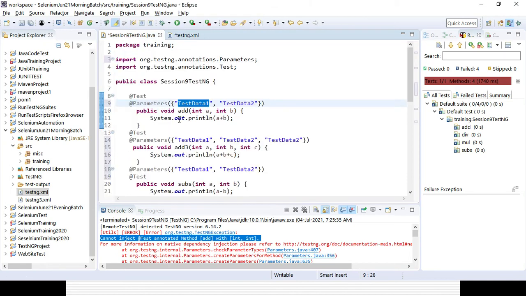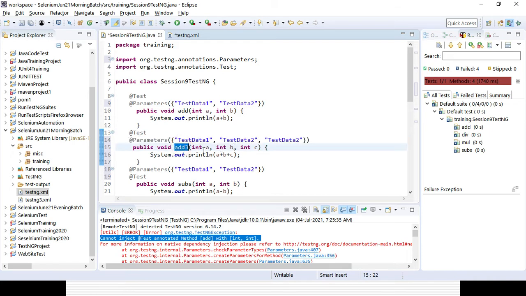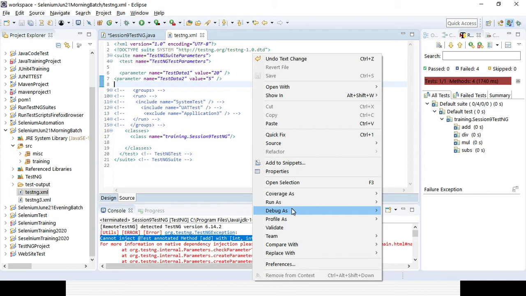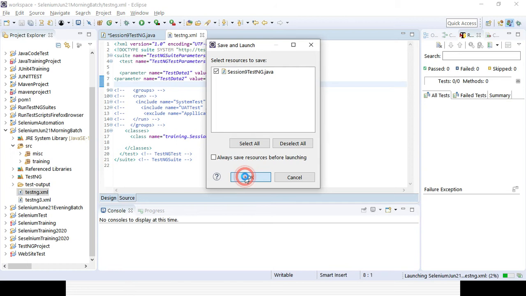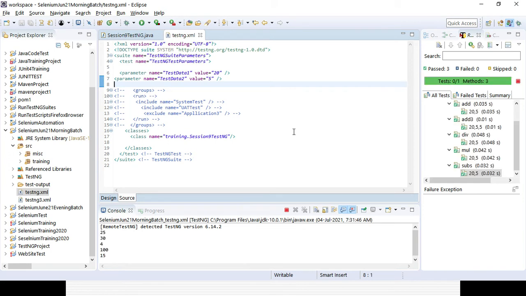So my second test case, which is add with 3 variables. I want to add 3 variables, but it will be only the first variable and the second variable 2 times. That means testdata1 plus testdata2 plus testdata2 is how it will behave, right. Now let's try to run it with the help of the TestNG XML file, and let's see how it is behaving, how the output is coming. So it will try to execute 5 test cases here.